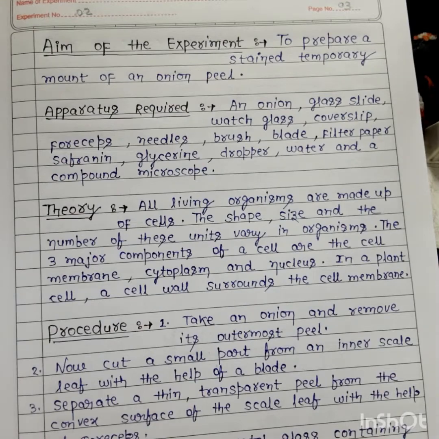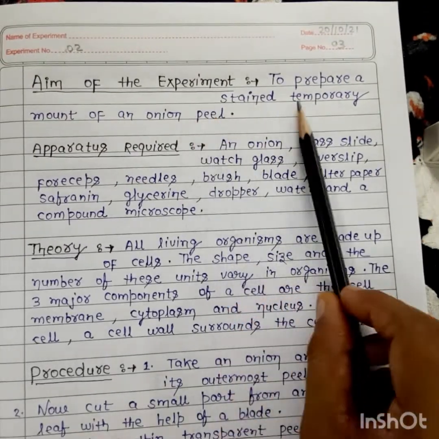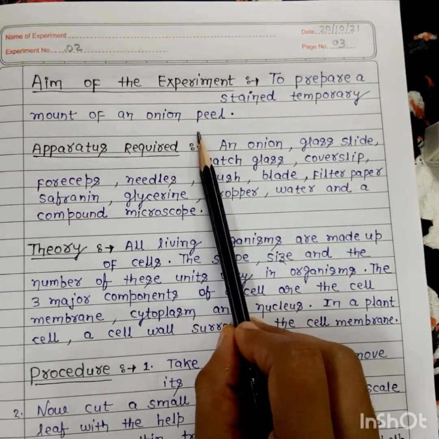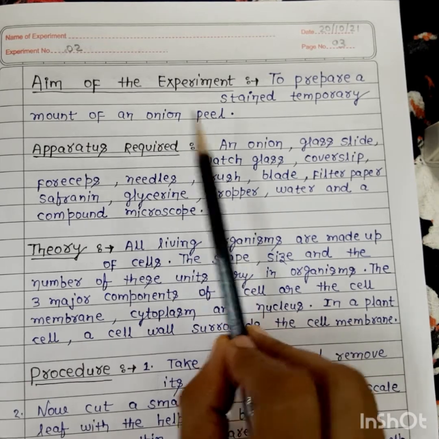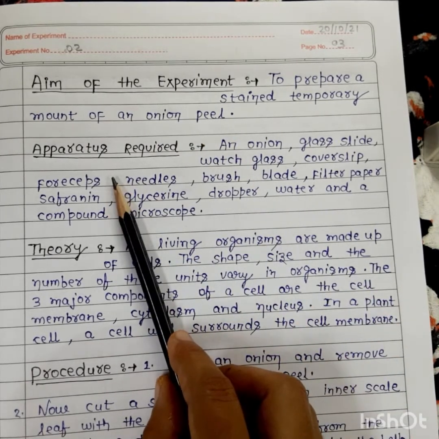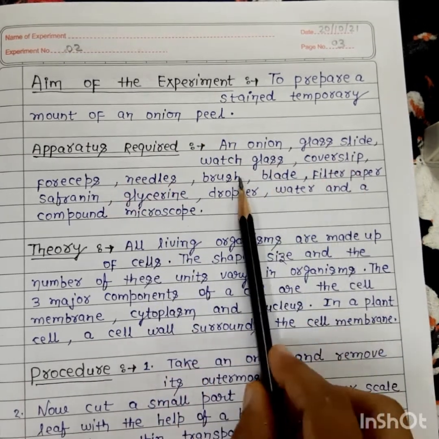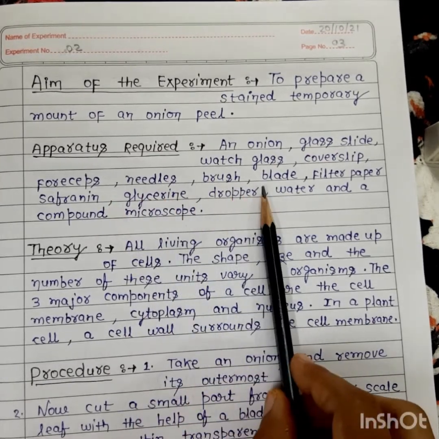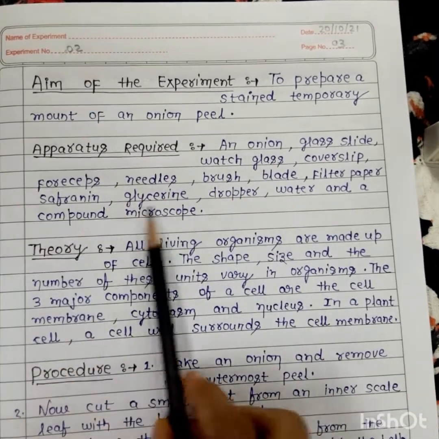The next experiment is the second. What is that? Second experiment: to prepare a stained temporary mount of an onion peel. Means we have to prepare one stained mount of an onion peel. What are the apparatus required? An onion, glass slide, watch glass, cover slip, forceps, needles, brush, blade, filter paper, safranin, glycerine, dropper, water, and a